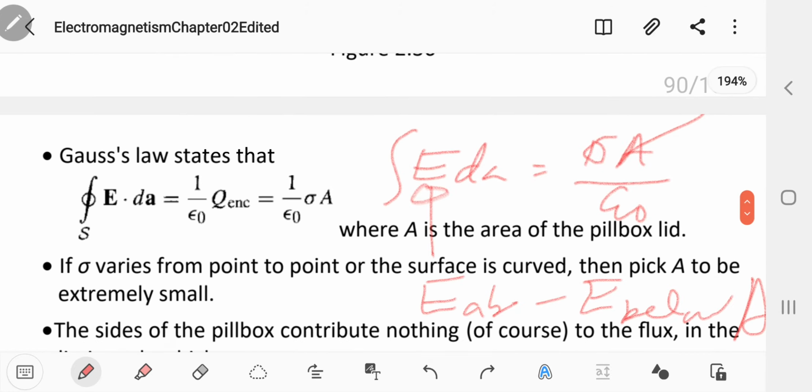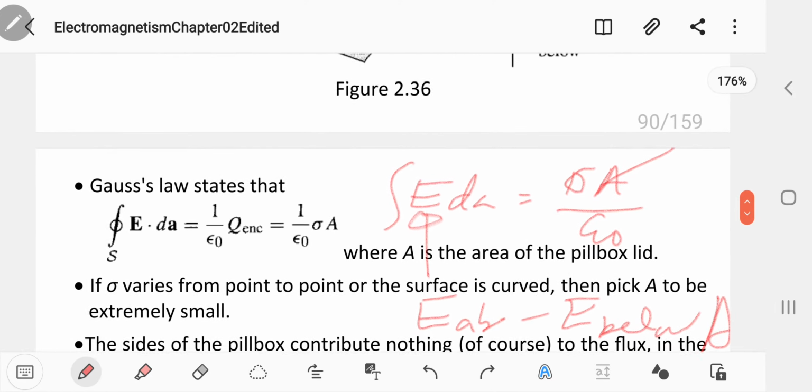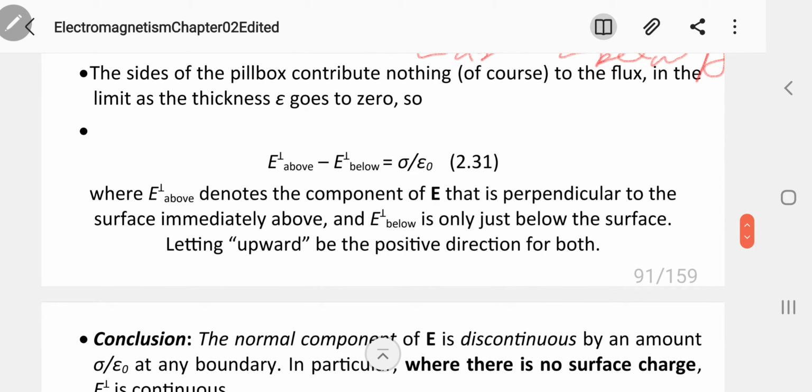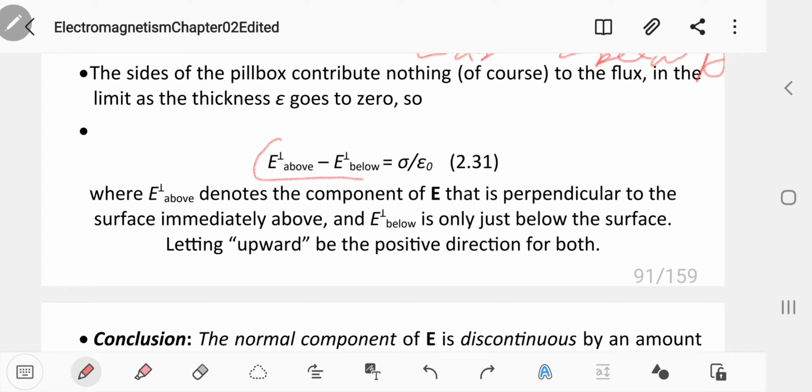So now this is the discontinuity of the electric field when it passes through a surface charge density. This one now is a very important result, or an important boundary condition. So this is now a boundary condition, BC,